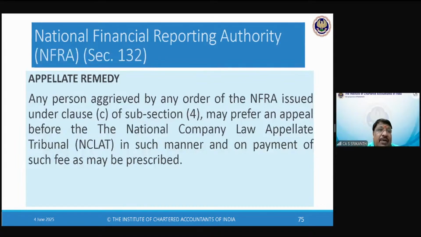Here they provide appellate remedy within the framework of NFRA itself. Suppose NFRA has passed an order, then you can go against that to the NCLAT. The reason is NFRA and NCLT are at par, so an order passed by NFRA is as good as an NCLT order, or a similar order. So go directly to NCLAT. And if you're not happy with the appellate authority also, then you go to the Supreme Court, and so on. Life goes on. A lot of lawyers will learn such things, and that's a specialization by itself.